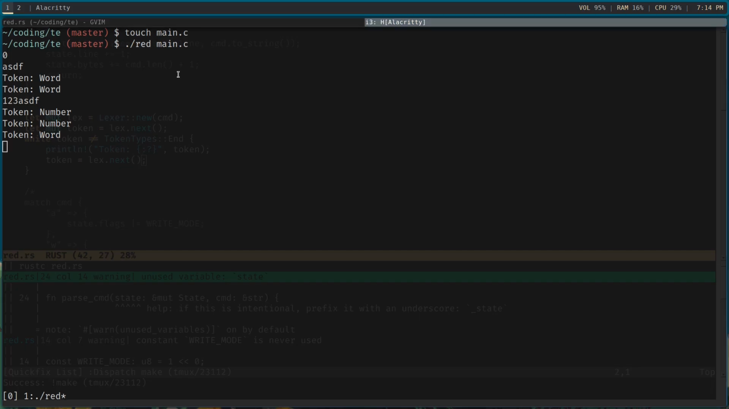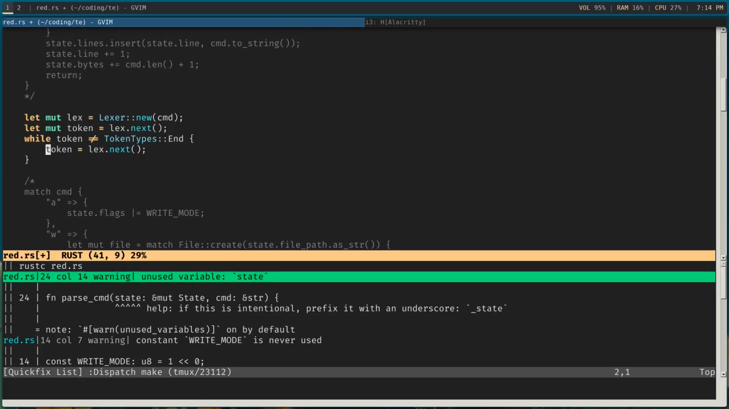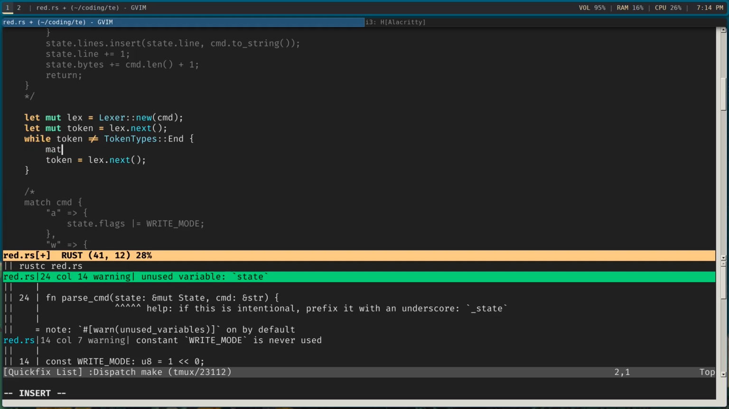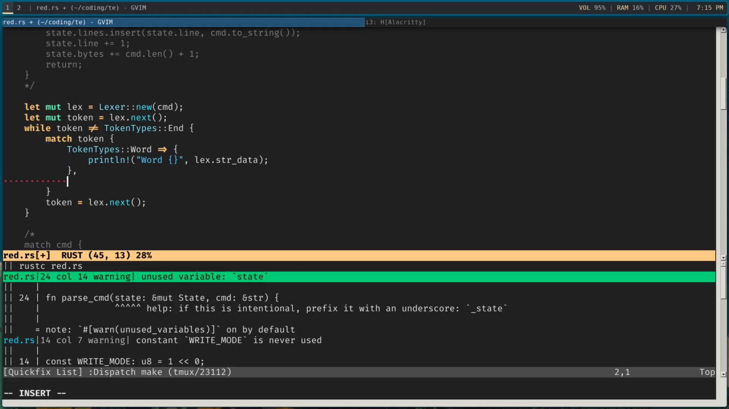How do I do that? You know what? I'm just gonna match it and see what happens. I'm gonna match it as token type dot word. In that case, I'm gonna do a println saying it as word. I'm gonna print the word data. I'm gonna say lex dot str data so that we can actually see what our thing caught. So if it's a number,